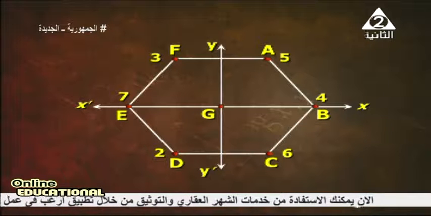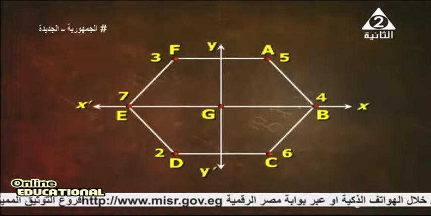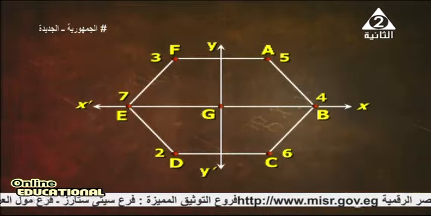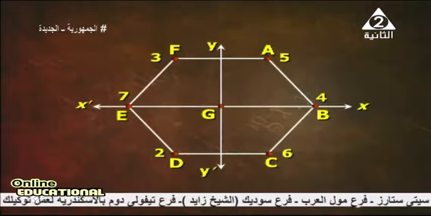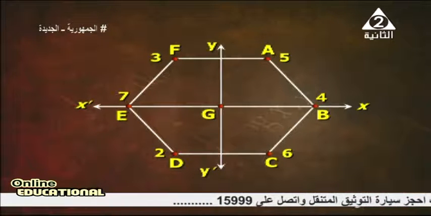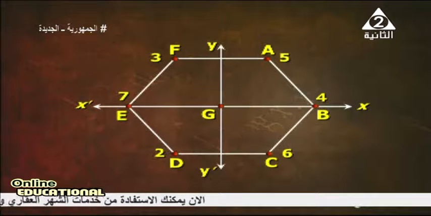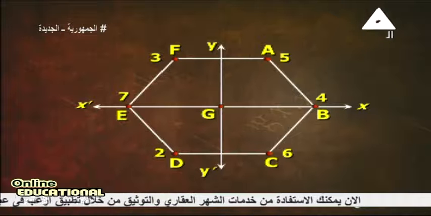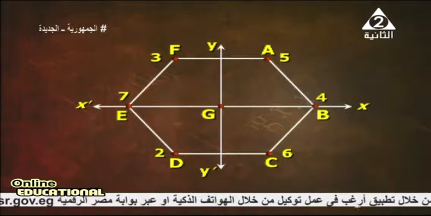We determine the mass at A is 5, mass at B 4, mass at C 6, mass at D 2, mass at E 7, mass at F 3. And we determine the center G, the origin point, which is (0, 0). Then we know that the regular hexagon has side length L. After this we determine the coordinates of each vertex of the regular hexagon